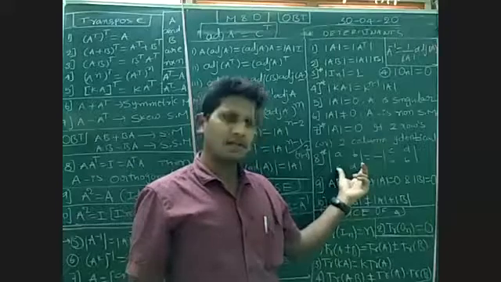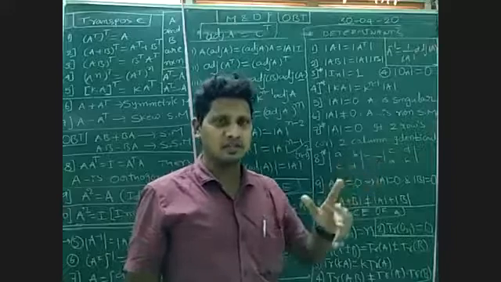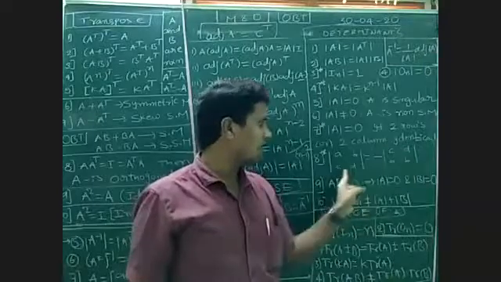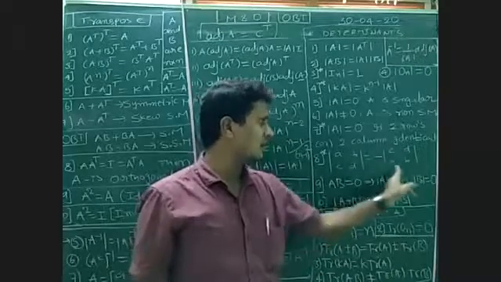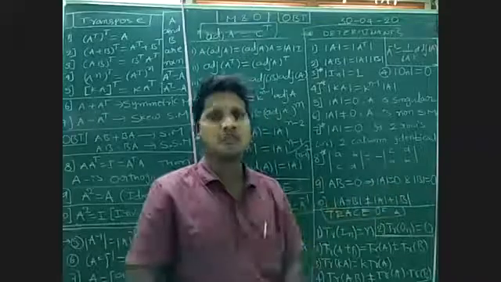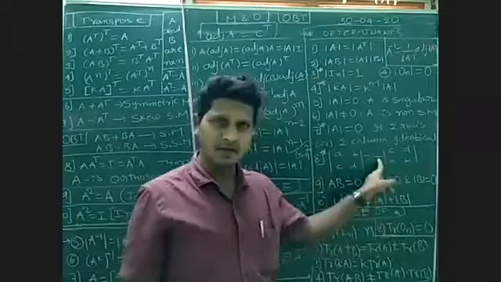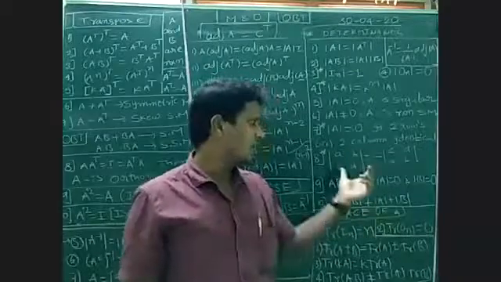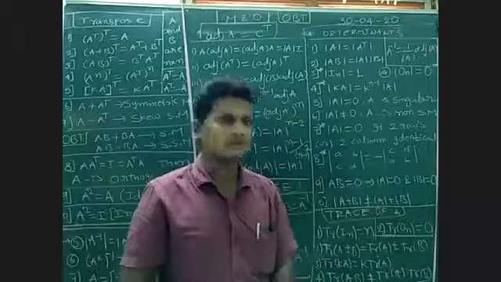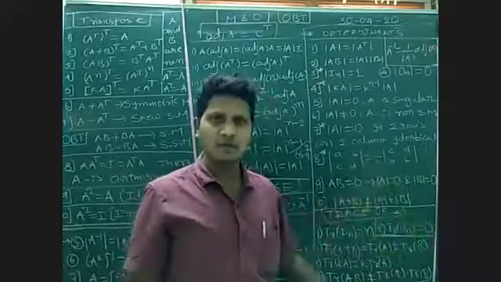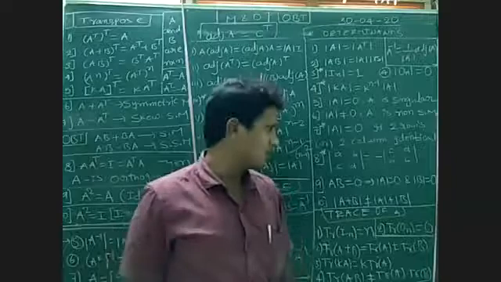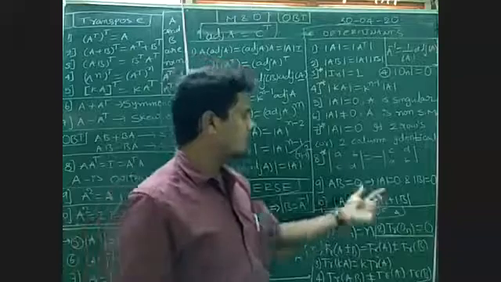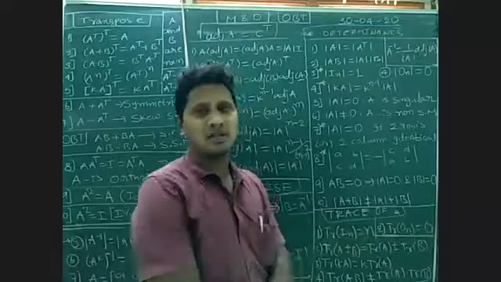And remember this 8th property. Whenever you interchange, see, first row is A B, second row is C D. I interchange it, I write the second row as the first row and the first row as the second row. Whenever you interchange any two rows, you should put minus. We'll get minus in the determinant. And you can interchange any two columns also, you'll get minus. Not only for 2 by 2, it is for 3 by 3, 4 by 4, for all matrices. Okay, if AB is equal to 0, both dets must be equal to 0.